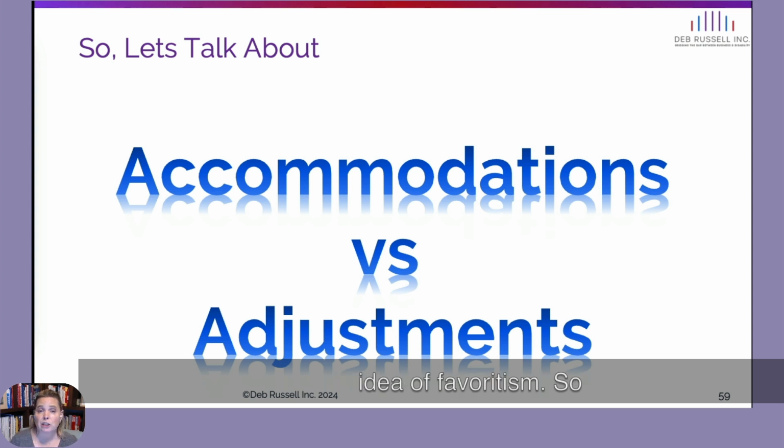So accommodations versus adjustments. Where do you draw the line? I think if somebody needs to document and provide medical information to prove that they have a disability to get the accommodation, that's obviously an accommodation. But there are so many things in this spectrum in between, so many invisible accommodations that we can make for people: adjusting a schedule, or providing them with notes, or putting up agendas before a meeting starts. A lot of these things are best practices, not necessarily accommodations. They're ways to make people more productive,